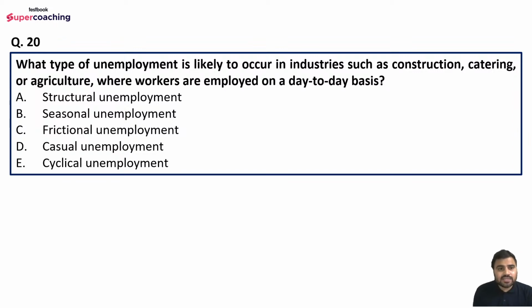Question number 20 is: what type of unemployment is likely to occur in industries such as construction, catering or agriculture where workers are employed on a day-to-day basis? Options are structural unemployment, seasonal unemployment, frictional unemployment, casual unemployment or cyclical unemployment. So we are talking about the unemployment where workers are employed on a day to day basis and is associated with the industries such as